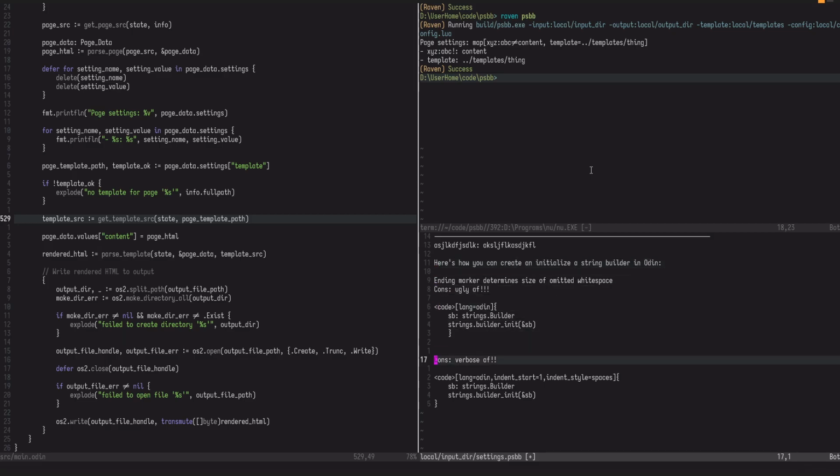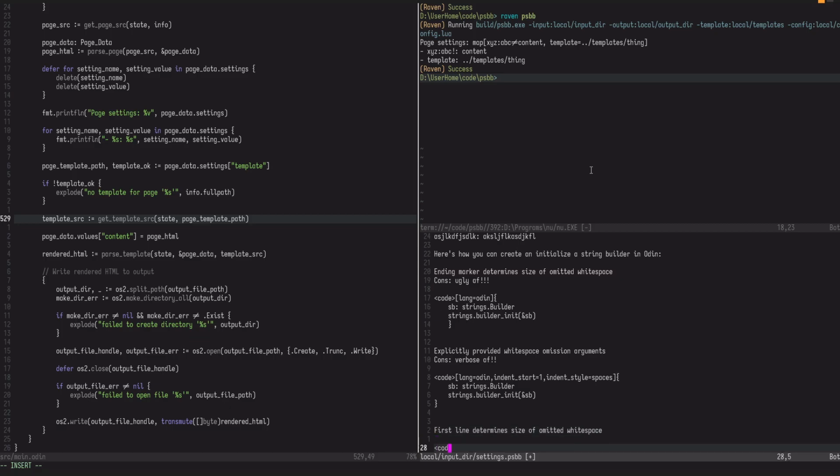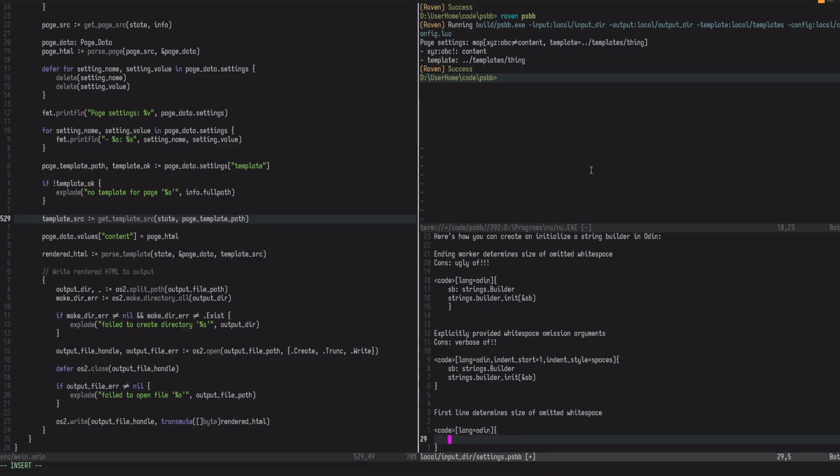Where was I? Okay, so this here is explicitly provided white space omission arguments. And finally, I have an idea, which is first line determines size of omitted white space. So it goes like code, language is Odin, contents is like this,